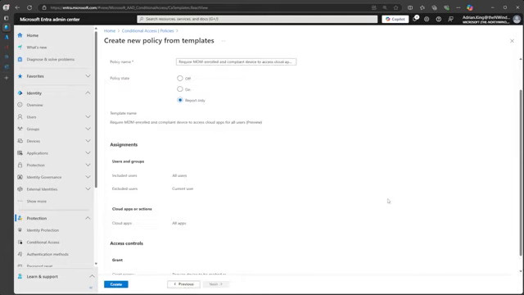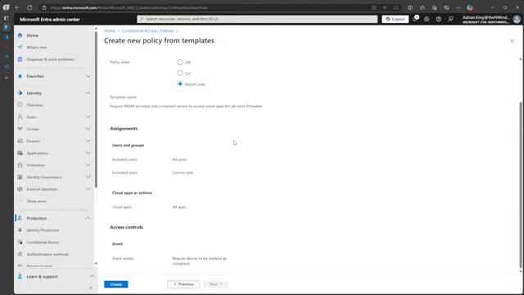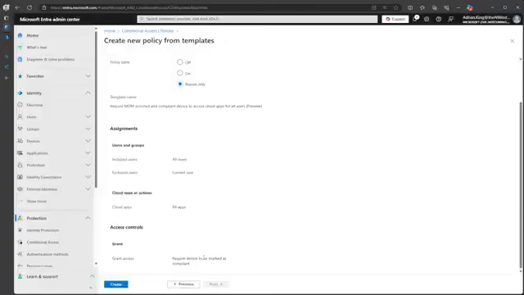Having a look at some of the options, I can see that it's going to apply to all users and require that our devices are marked as compliant. Now I've only just created the Windows compliance policy and not Android and iOS, so if I was to go ahead and turn this one on and try and enroll an iOS device, I'm not going to be able to access corporate resources or may even be blocked in enrolling. So I'm going to have that one in report only mode and go back to Intune and create other compliance